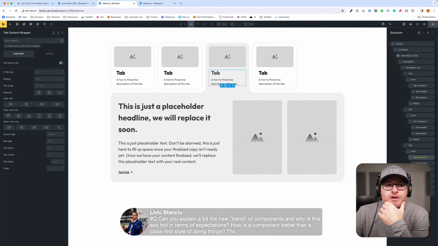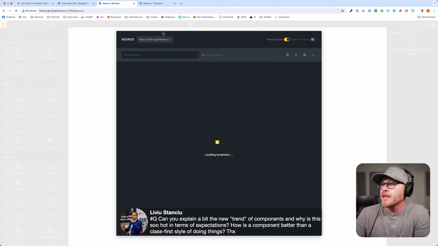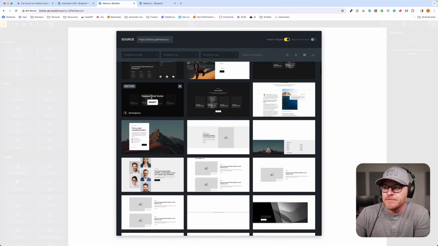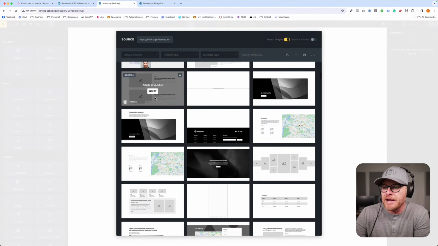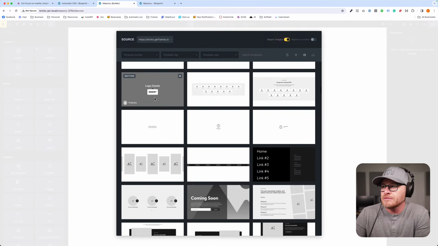Can you explain a bit of the new trend of components and why this is so hot in terms of expectations? How is a component better than a class first style way of doing things? It's not that it's better, it also goes hand in hand. It's not like we're going to be switching from one to the other necessarily. But I've demonstrated it before. You have to use your imagination because we can't build an entire 80-page website, but let's come down to,